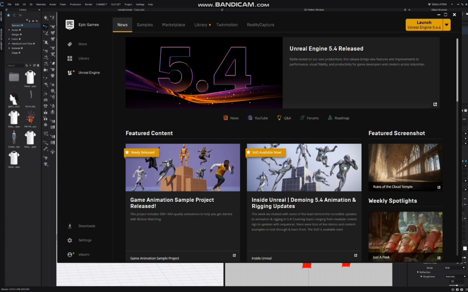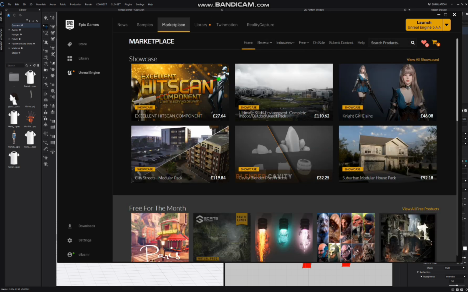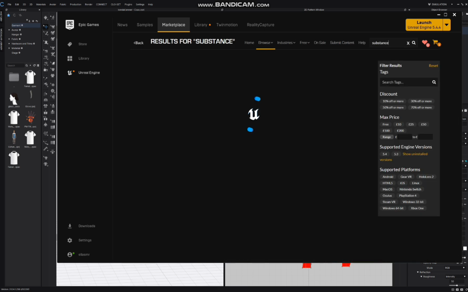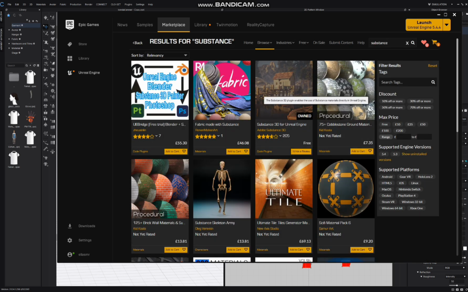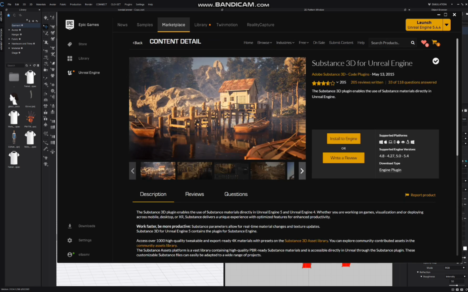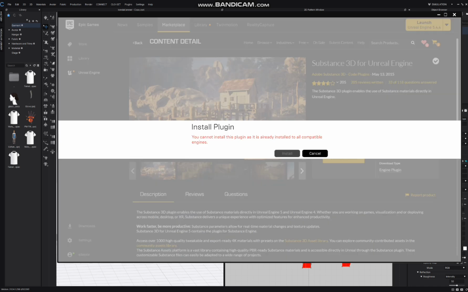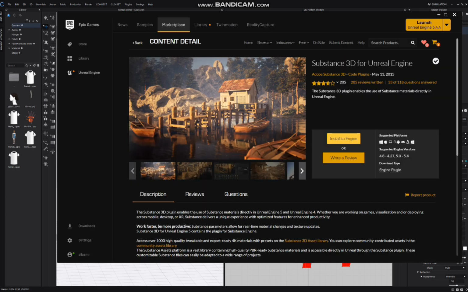But before clicking on the launcher, let's go to the marketplace. In the marketplace, we want to search for Substance. Let's see what comes out. Yes, this is my Substance. You need to click on install to engine, but because I already installed it, this is what it warns us. So be careful to install this first, and then let's go to the launcher and launch